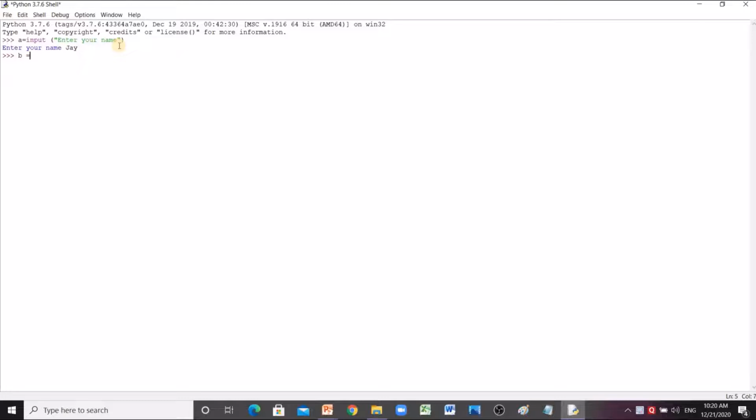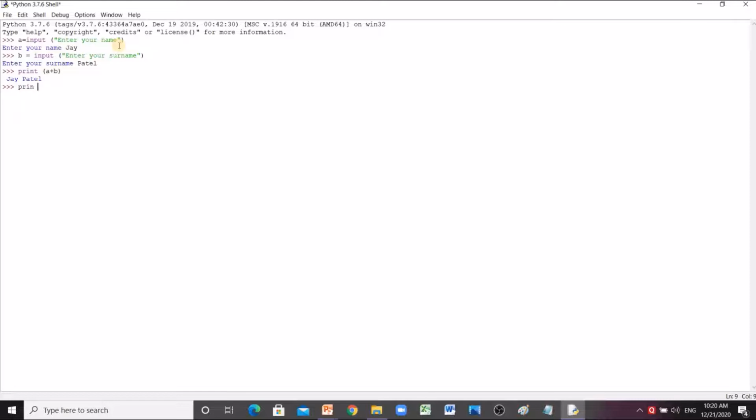And I take another variable B in which I will ask for the input, enter your surname. It will ask me for my surname. So suppose I write Patel. And then I concatenate. For concatenation we use the plus operator. So I'll write print A plus B. In that case, both the variables are joined. Here I have taken string values, and so when we add, it is known as concatenation.